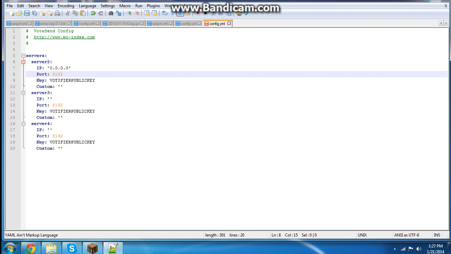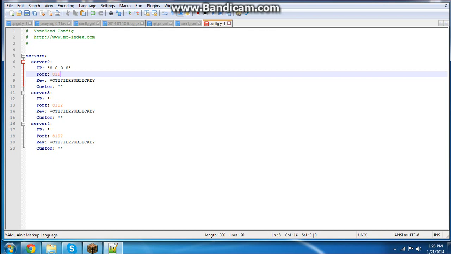loop. So let's say someone votes, then they'd get their whole inventory. Let's say you have 5 diamonds for the vote. That vote would, when that person votes on the server, the loop would keep going and going, and your whole inventory would be filled with diamonds, because you're saying that when this server is activated, I want you to put the diamonds on this server. But then that server is activated, so it goes back to the VoteSend, and it keeps making a loop and